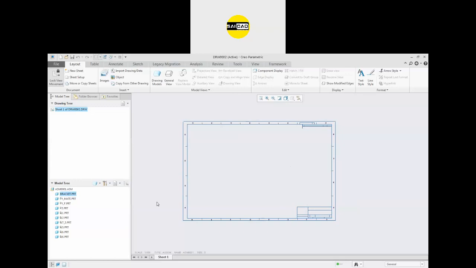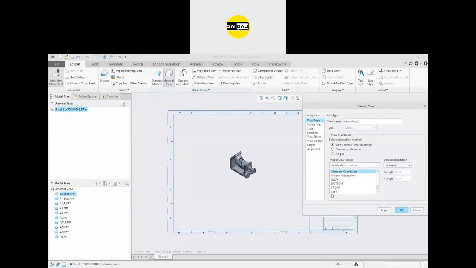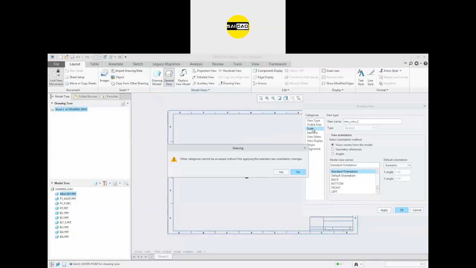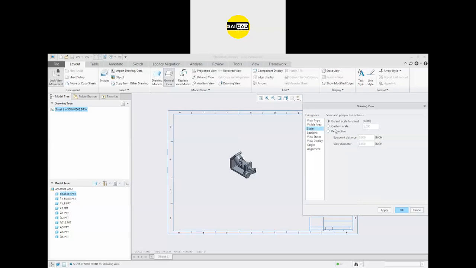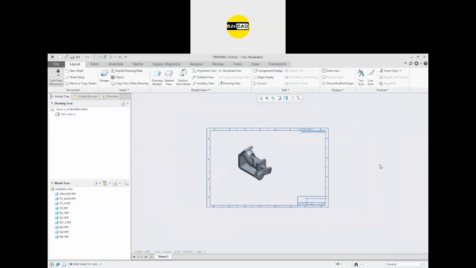Now we have the assembly here. To insert the view, again go to general and define where you want to place your view like that. I want the standard orientation with isometric like that, and I want its scale to be increased. So go to the scale, yes, and okay. I'm going to use the sheet scale directly. So go to apply and click OK like that, and go to this scale. Double click on it, and you can increase the scale like that. So now we have the object here, the isometric view here.